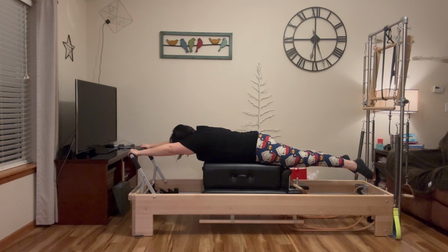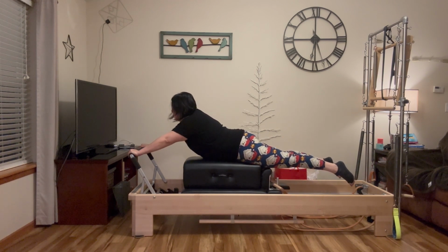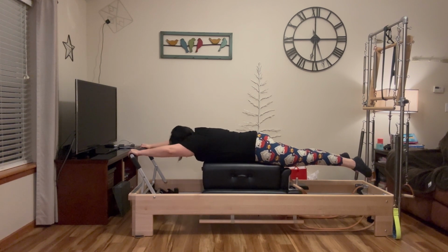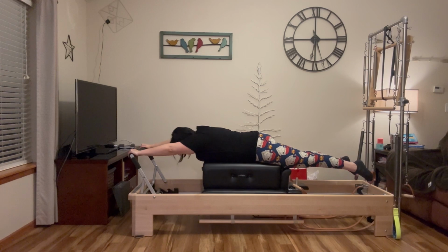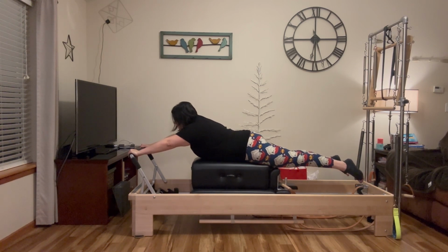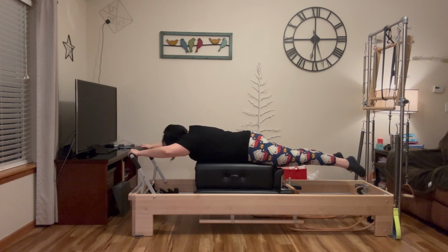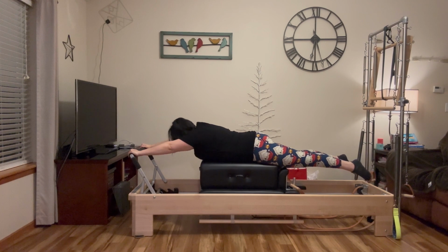And press it out. Arms stay straight to come up into that extension. Then press back and bend to come in. So you have this plank-like position, then you come into your extension, then you come back to plank-like position, then you bend the arms in. Last one here. I love this variation,